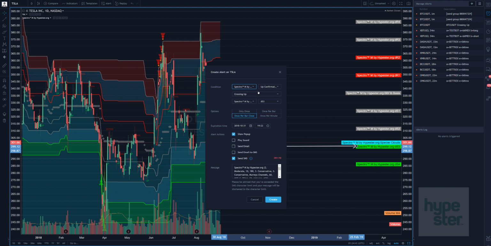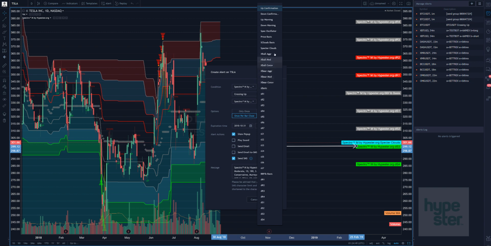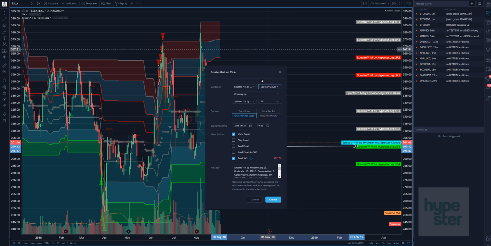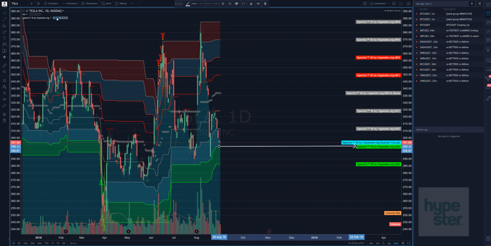Another thing, like, oh, I want to set up an alert for when the Spectre clouds appear. So understand what the Spectre clouds are based off. You have here Spectre cloud bases and Spectre cloud, right? So what we want is when the Spectre clouds, let's get rid of some stuff so we can actually analyze